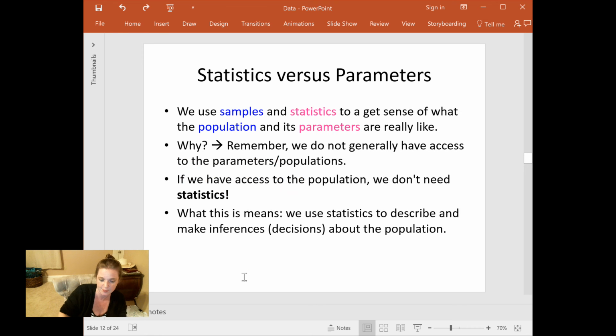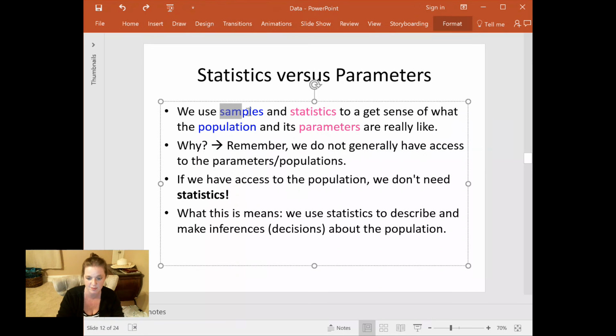So, to sum up this sort of big topic, we're not actually going to do any data collection in here. But researchers gather information, gather data from small groups of people that we call samples. They then calculate some numbers that they call statistics, and then they use those statistics to make decisions about populations and what those population parameters might be. So I'm going to grab a sample of 50 women, calculate the average statistic for height for those 50 women.